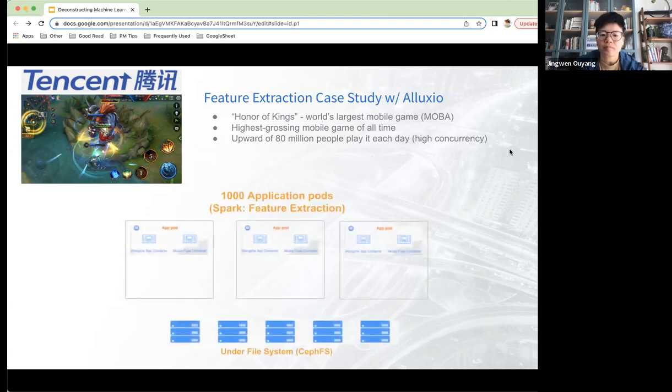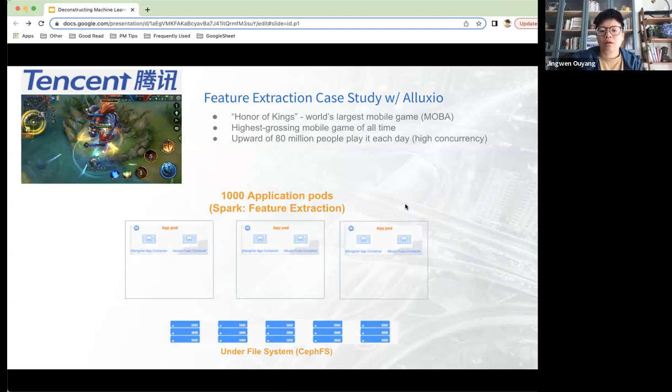For them, they had 1,000 application nodes, and then their application pods. So this is their Kubernetes container. And with Spark, they do the feature extraction that we talked about. So there's locations, there's who they are. All these become features in their data processing.